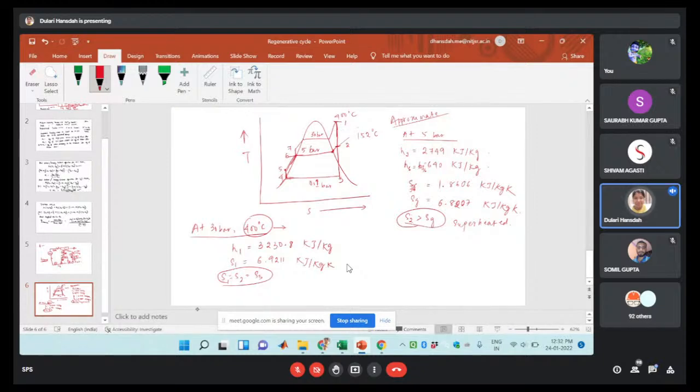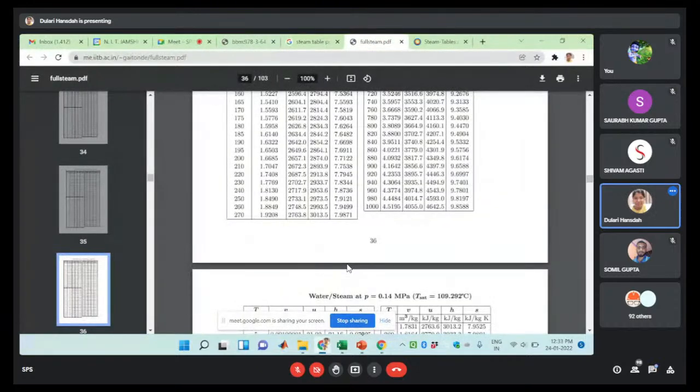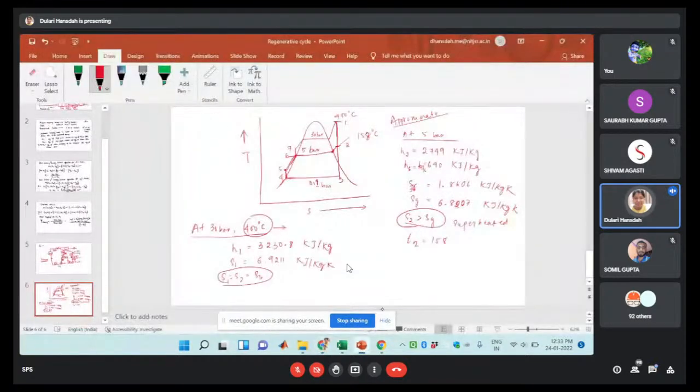ओके, सो T2 हमारी कितनी हुई? T2 158 एग्जैक्टली अगर हम देखेंगे तो वही होगा। ठीक है, जो भी हो स्टीम टेबल देख के देखिएगा, डिग्री सेल्सियस। ठीक है, H2 हमें मिल गई। नेक्स्ट इज योर 0.1 बार। 0.1 बार में देखिए कितना है। 0.1 बार में SF कितना है? ये है आपका SF। SF फाइंड आउट कीजिए, SF कितना है। देन ऑल्सो फाइंड आउट द SFG अपॉन